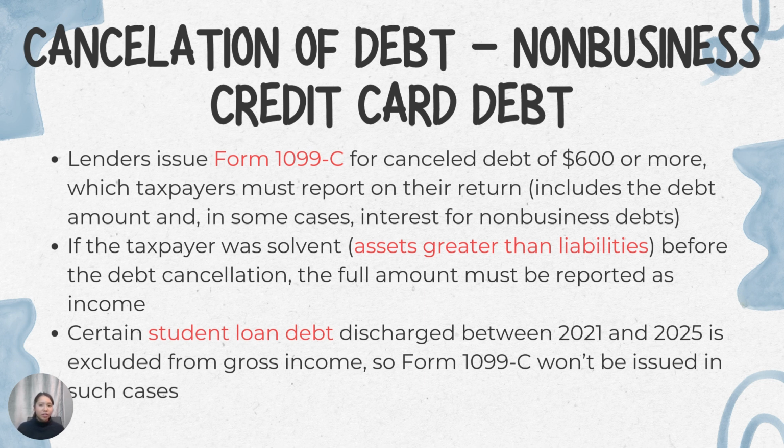If they're insolvent, it's usually out of scope for a VITA tax preparer to do. So if you're a taxpayer wondering, hey, I'm insolvent, but I want to see if a VITA site could still do my taxes for free, we would refer you to a professional taxpayer, and we encourage you to seek help from a professional taxpayer because it's just too complicated for a VITA site to do, as we're just volunteers.